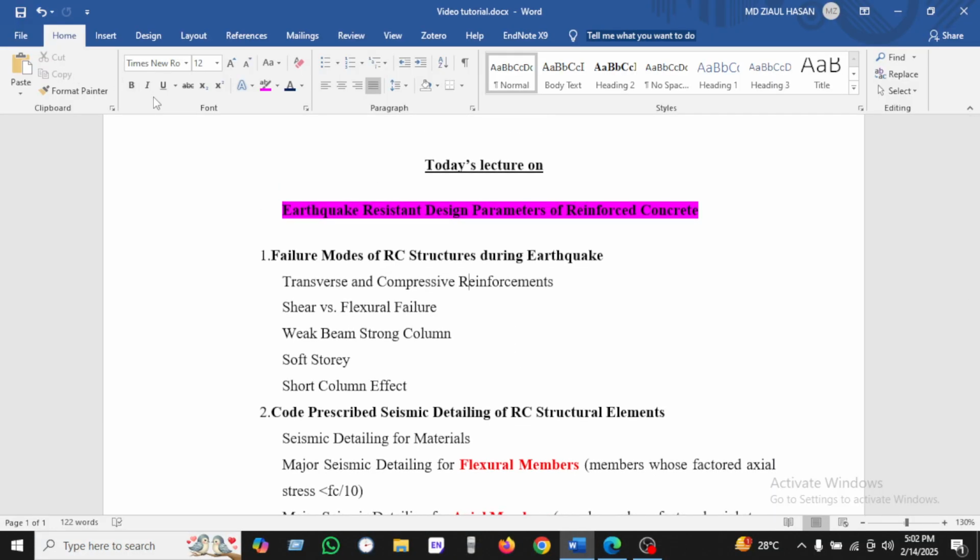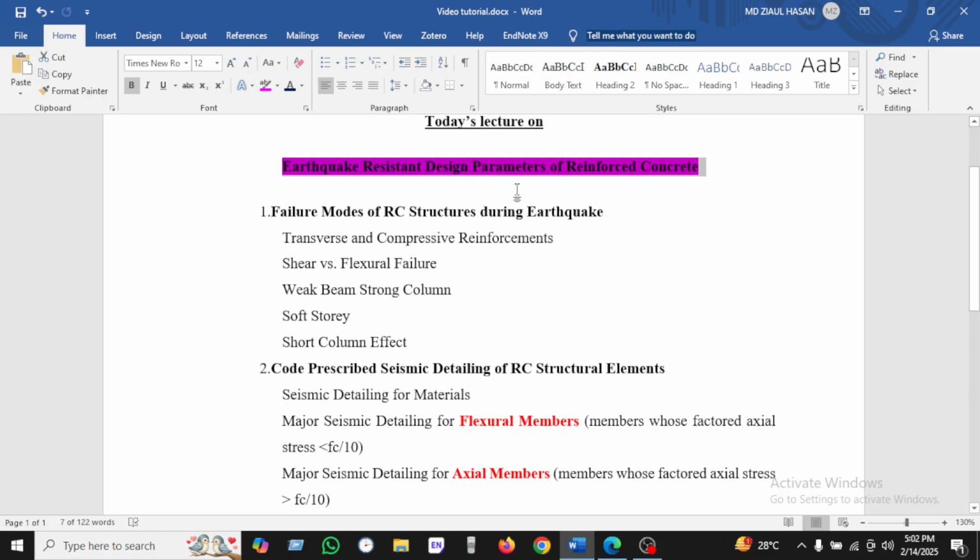Hello everyone. Today I am going to deliver a lecture on earthquake resistance design parameters in reinforced concrete. First of all, I will discuss failure modes of RC structures during earthquakes, which include transverse versus compressive reinforcement, then shear versus flexural failure, then weak beam strong column, then soft story and column